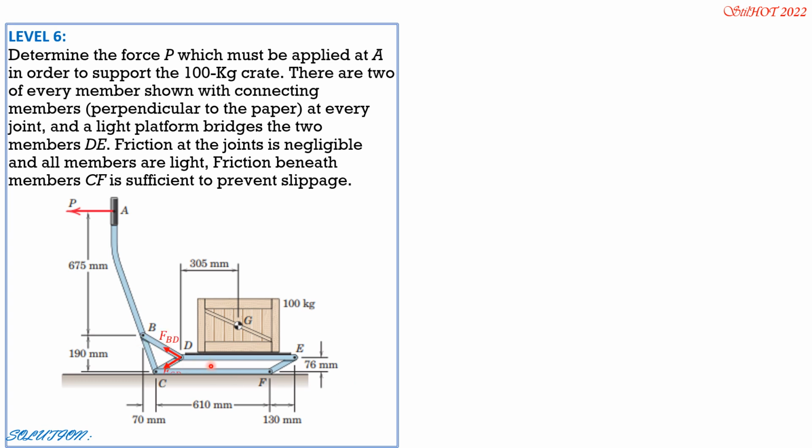So first, let's draw the free body diagram of this portion D. Call that FPD, FCD, FTE, then this is also FTE, FEF. These two are parallel because if this is 130 mm, this should also be 130 mm, originally vertical. That's why the horizontal distance CD is 610, and this is the center of gravity. DE is also 610. So that's FDE. Theta BD is the angle that BD makes with the horizontal, equal to arctan of 190 minus 76 divided by